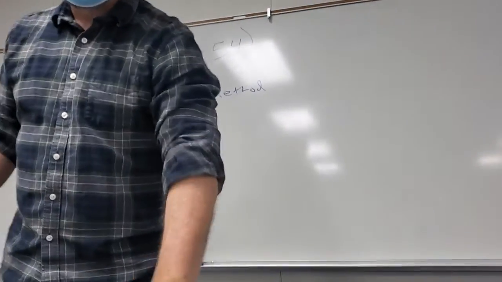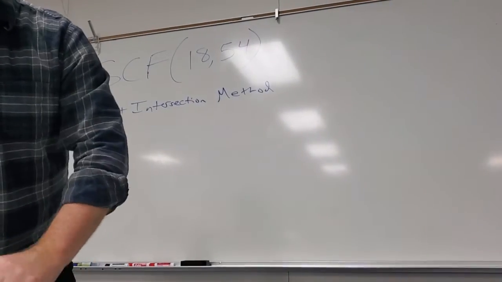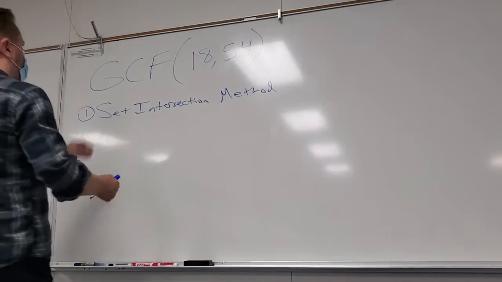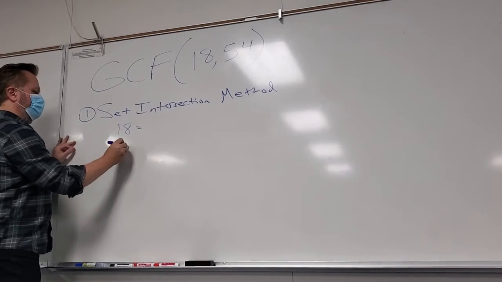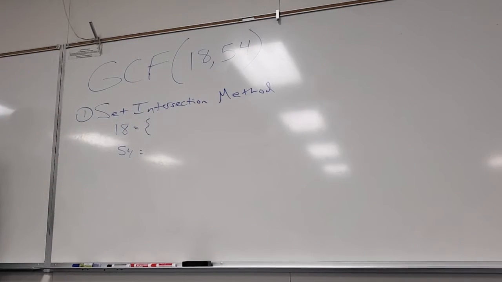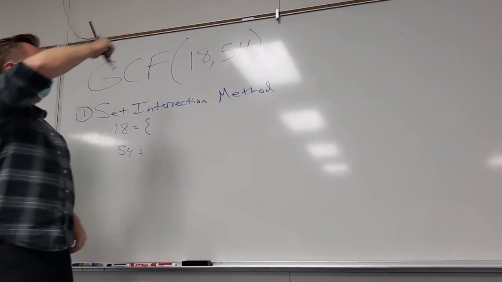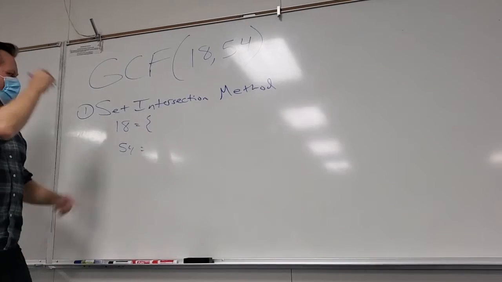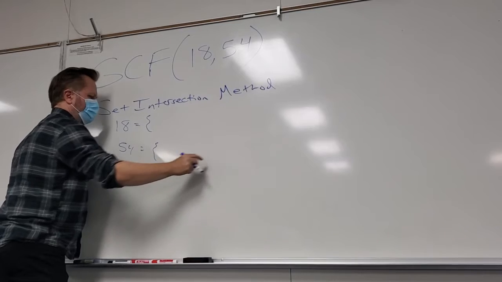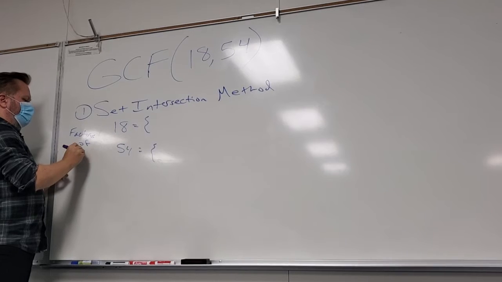So the set intersection method, I have some notes. Where do I want to start with this? Okay, if I take 18 and 54, and I just start listing, in set notation, I just list all their factors. So I want to list all the factors of 18. I'm going to list all the factors of 54, right? Okay, now,